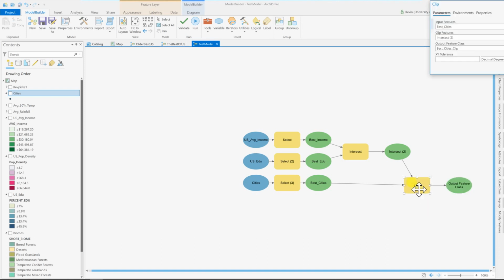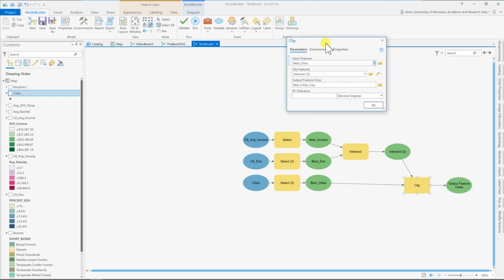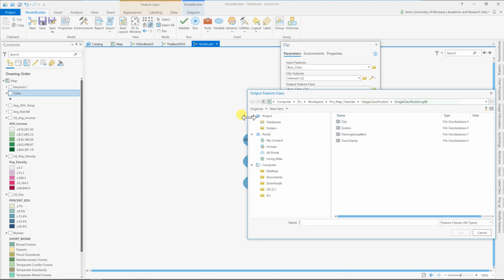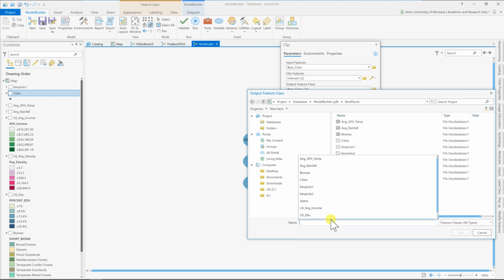And then I'll double up and go in here. These things are all over the place today. And where's it going? In this particular case, because it's clipping, I want this to become my final output. So I'm going to put this into my main geodatabase for this project and in my feature data set. I'm just going to call this my best cities. Actually, I'm going to call it KevPix because I already have best city somewhere. So KevPix 2, and I already have that in there. Let's make it KevPix 3.